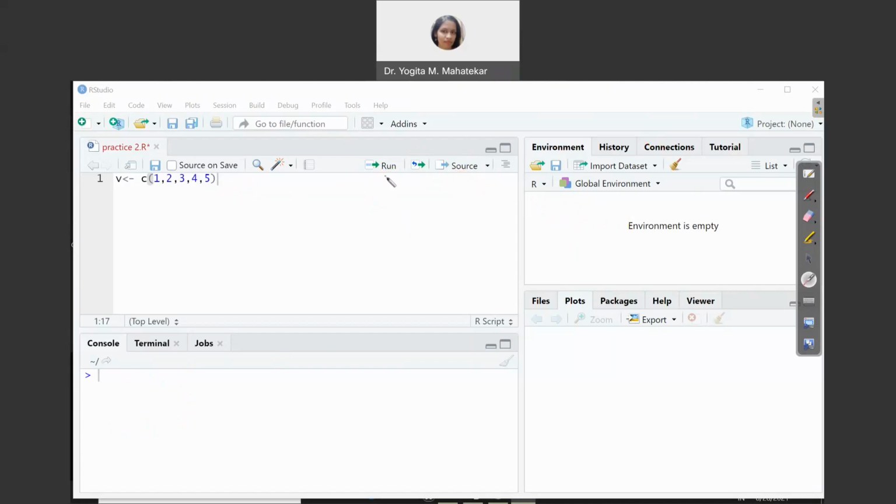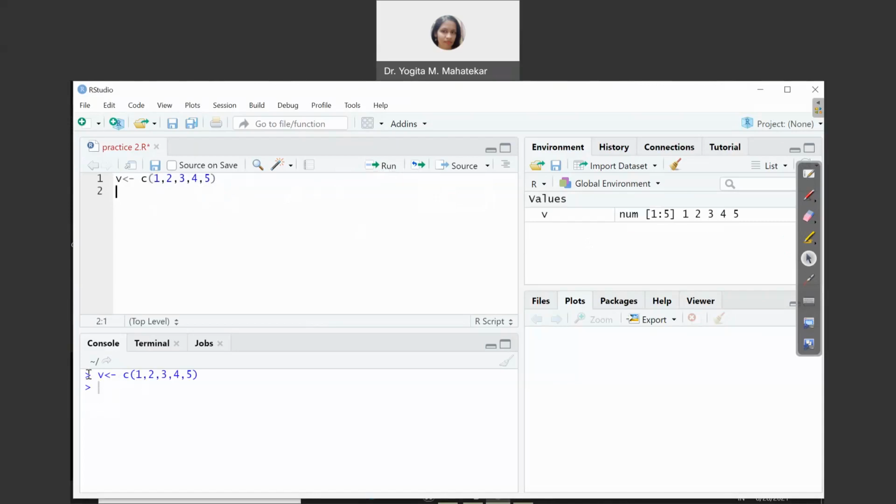And if you click on Run, and you have the cursor on that particular command, only that command will get executed. Let me show you. Suppose I go to the first line inside my R script, and I press Run.